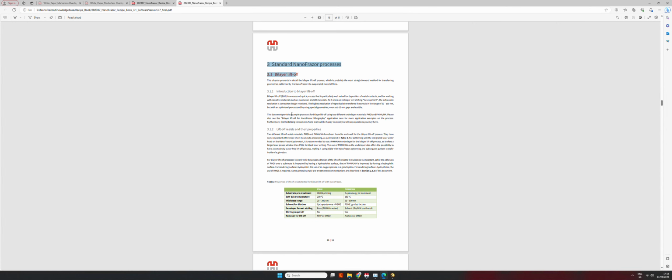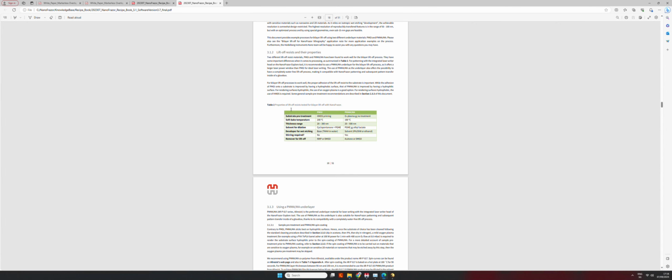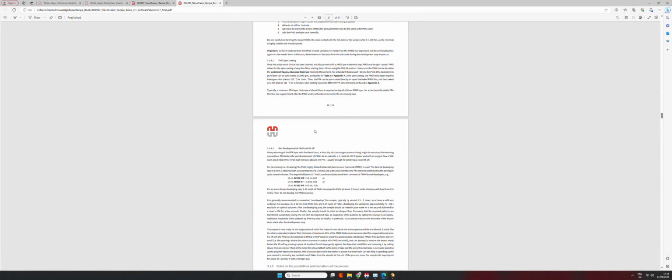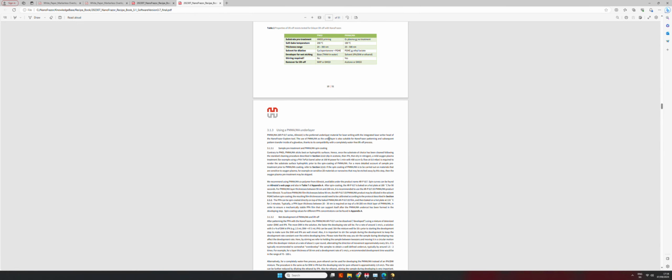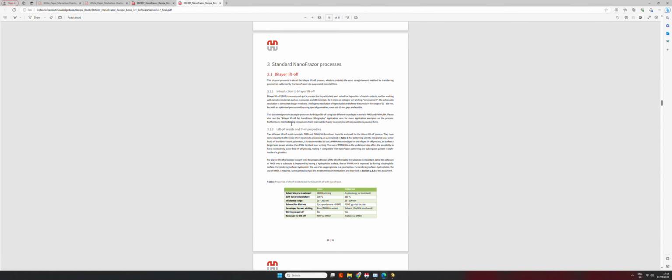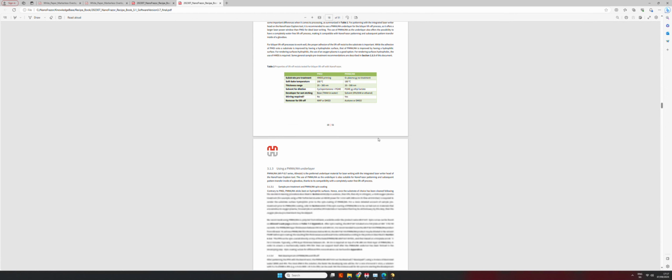It's actually a sub-chapter, 3.1. It's 4-5 pages, very dense with information, mostly experimental, but I think they're very useful for you to understand better what you're supposed to do, based on our experience of a successful bilayer lift-off process, with many suggestions, both in the experimental part and also in the design part of your stack.